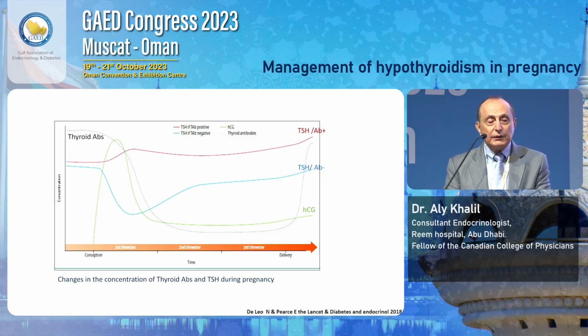The first element is that you will have an increase in beta-HCG. As a consequence of this, in the first trimester, TSH is expected to drop. So the values of TSH in pregnancy are lower than what you see in the non-pregnant condition. The second point, you will have an increase in the total T4 and T3, as I mentioned, but free T3 and T4 remain within almost the same level, even lower than what you see in the non-pregnant condition.